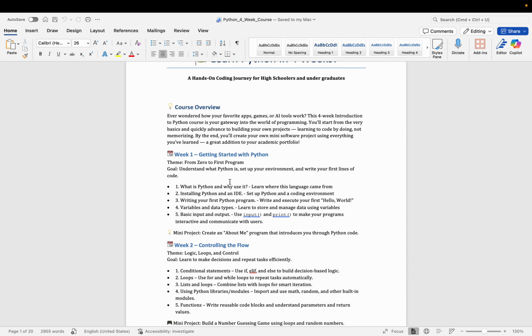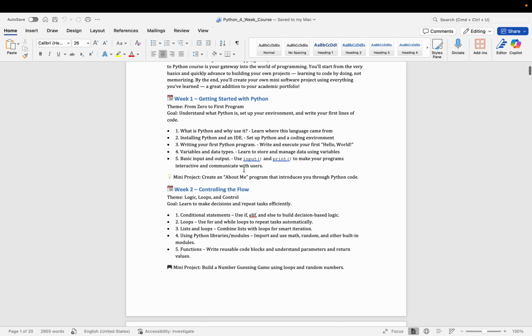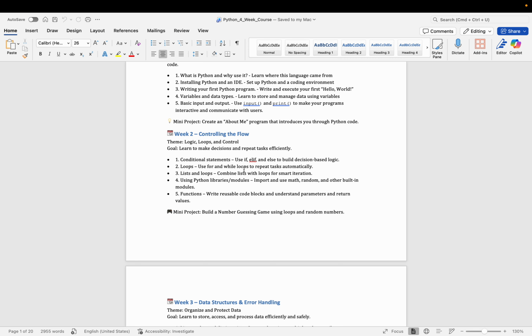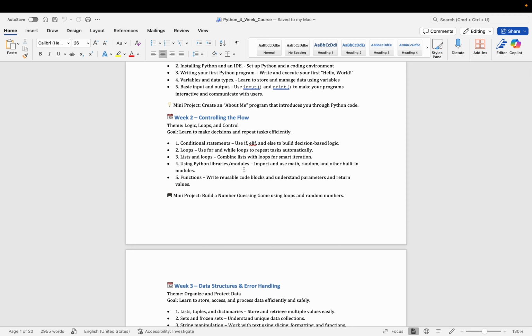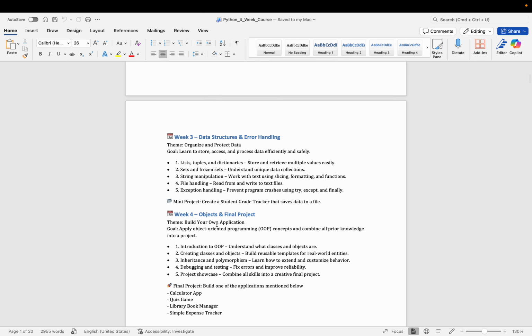I wanted them to understand how to set up PyCharm, how to set up Python, how to set up a GitHub account, then write their first Hello World Python program. Week two is controlling the flow, where we'll work on conditional statements, loops, lists, and Python libraries and modules. Then week three is data structures and error handling, and week four is to do more object-oriented programming